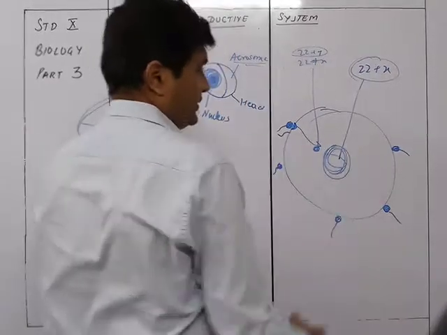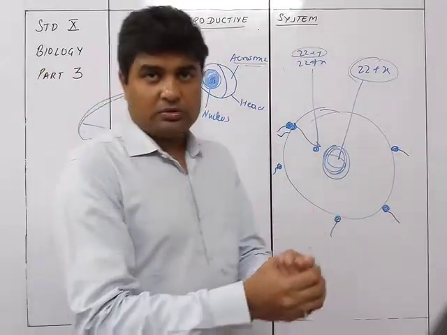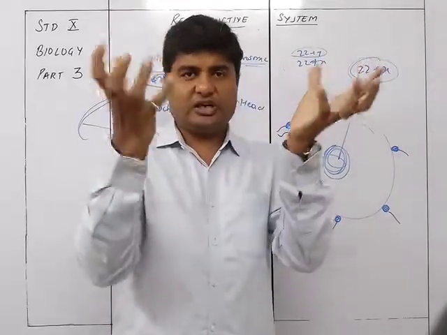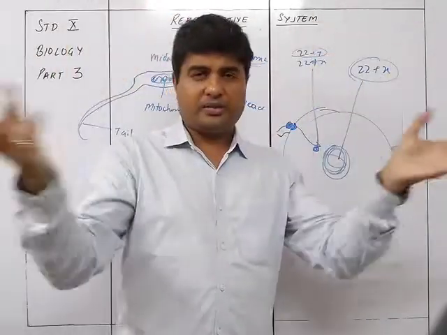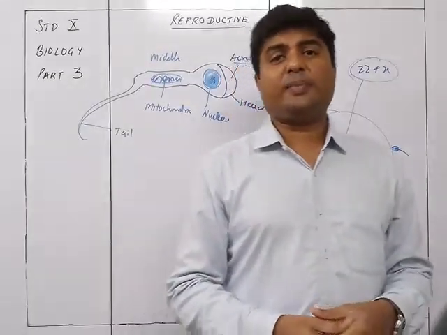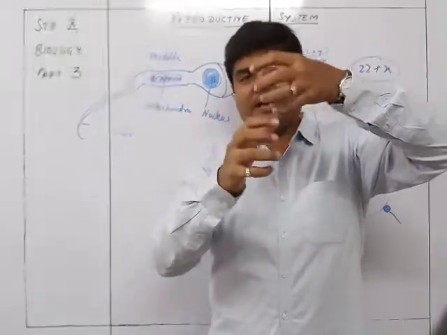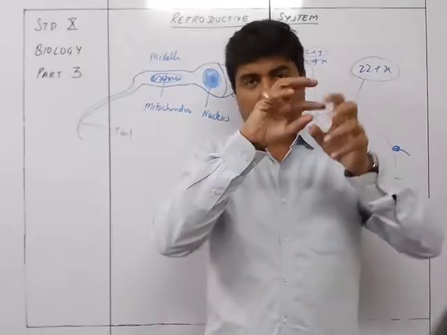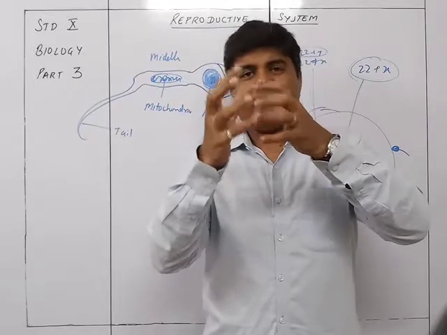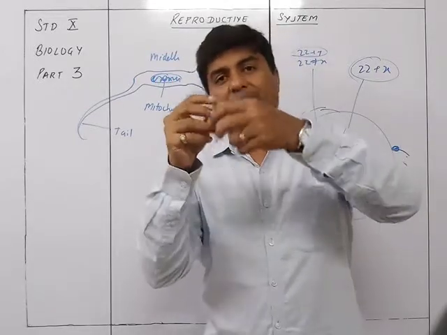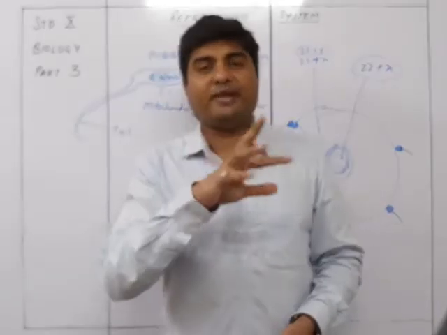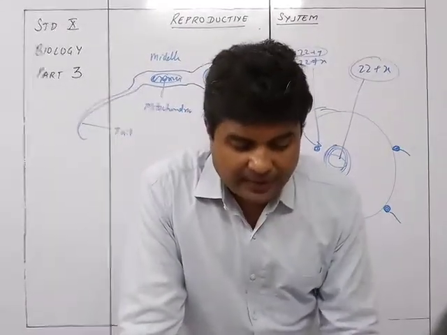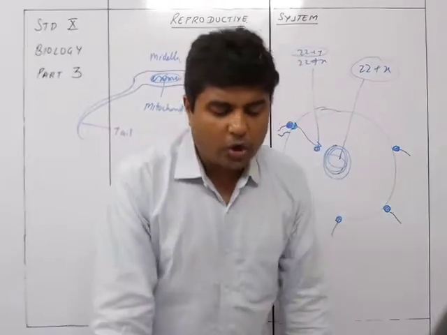So as soon as these two get fused together, they form a zygote. So the fertilized egg forms a zygote, and that zygote is going to divide. So 1 to 2, 2 to 4, 4 to 8, 8 to 16, 16 to 32. Like this they keep dividing, and they slowly and steadily roll down through the oviductal funnel into the uterus. Okay, so the growing of these cells and the rolling down into the uterus both take place simultaneously. By the time it reaches the uterus, it has already formed a small hollow ball of numerous cells called a blastocyst.